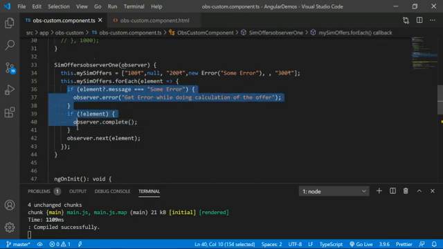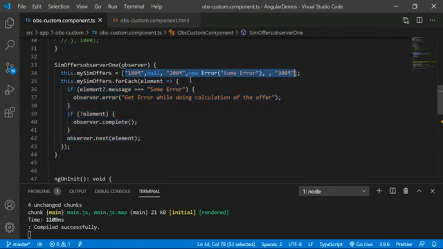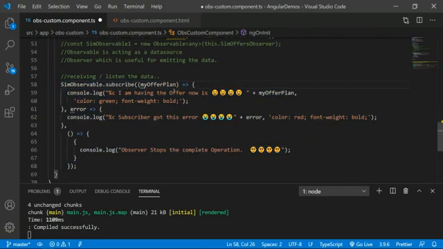This is the way the next, complete and error operations work. The data you are expecting from the DB, sometimes you may get proper data, sometimes you may get improper data like this. And how the subscriber handles the next operation, error operation and complete operation.